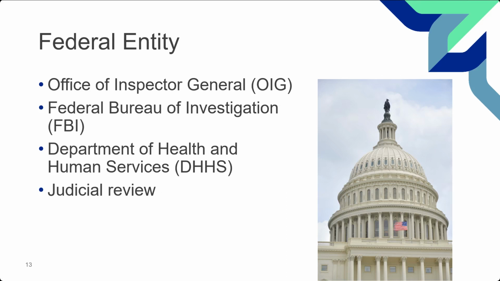Under the Department of Health and Human Services, they have level 4 appeals. So while CMS does level 3 and contractors do level 1 and 2, the Department of Health and Human Services actually does level 4. This is the appeals board. It is a direct part of their process.